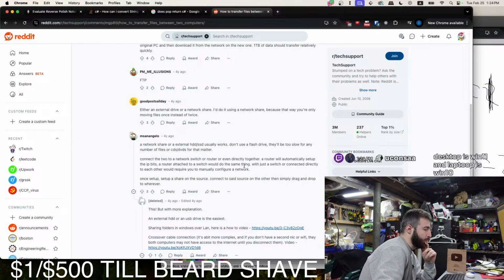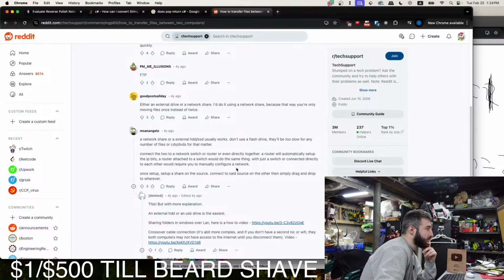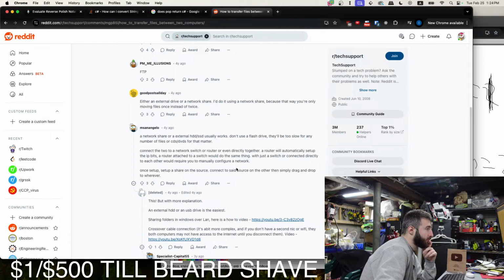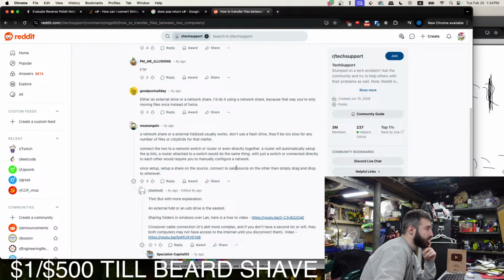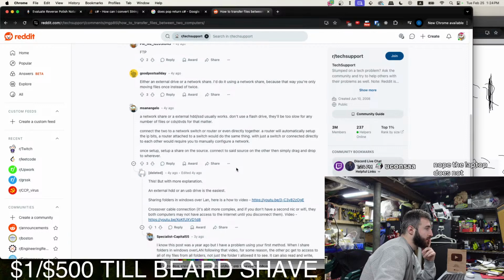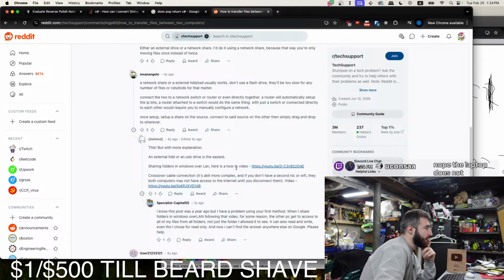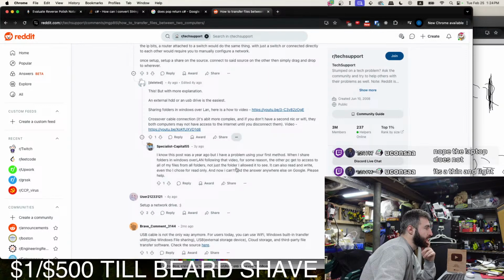Do they both have Ethernet ports? And do you have an Ethernet cable? Nope, the laptop does not. Interesting. So let's see, you can set up a network drive.